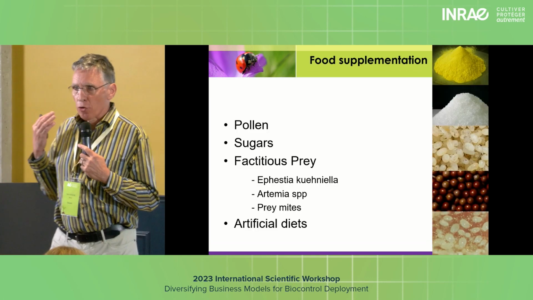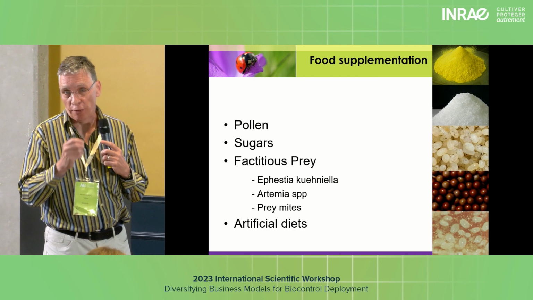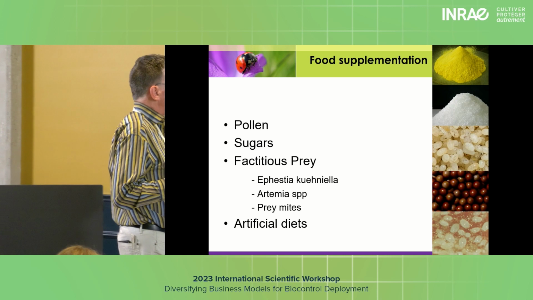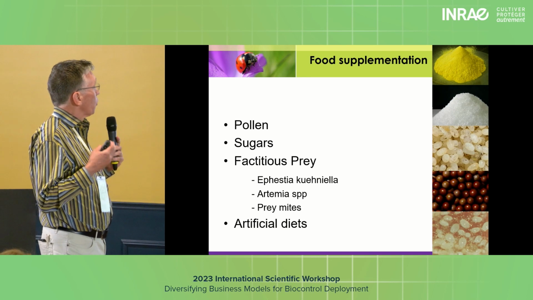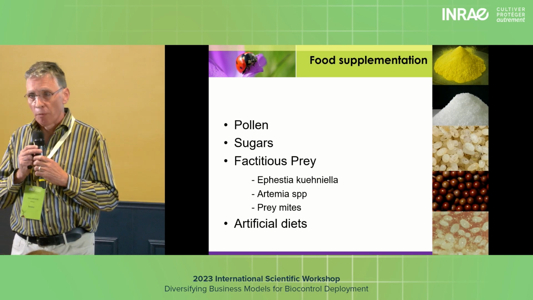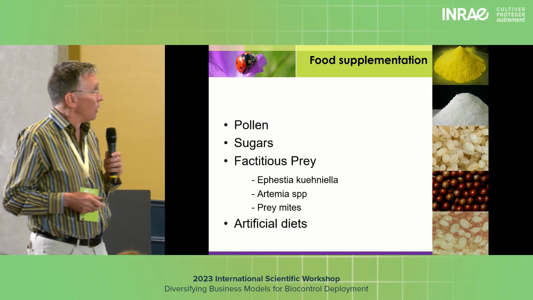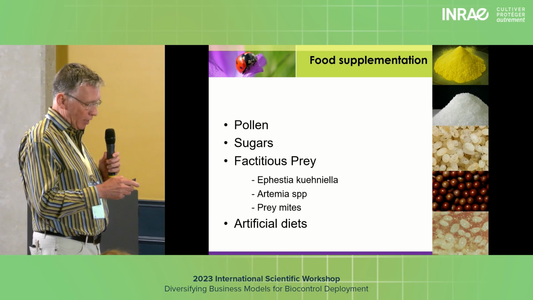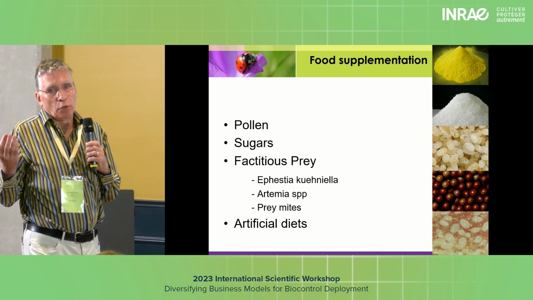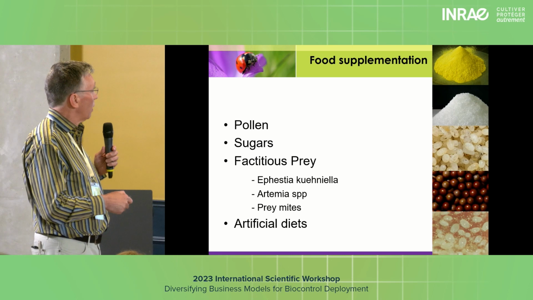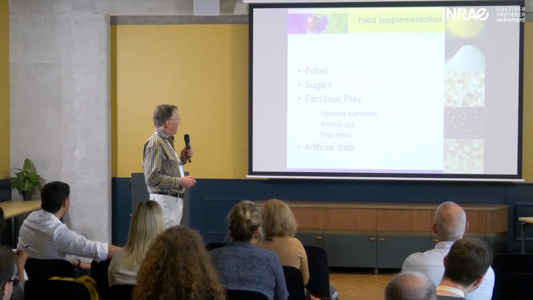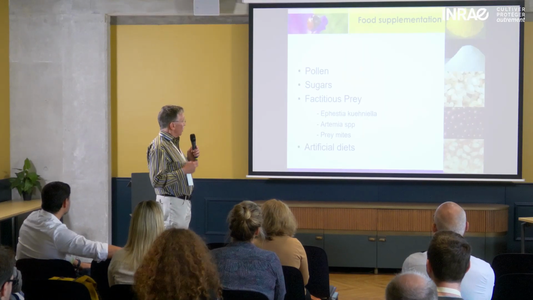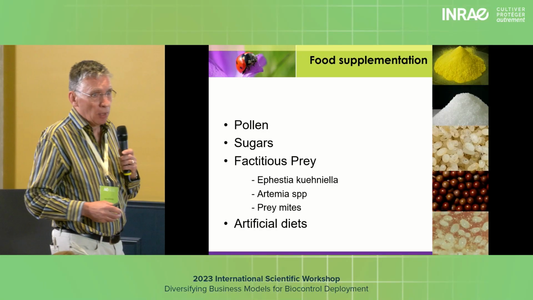Then the other approach that you could take, rather than having these beautiful flower strips, since not all farmers are necessarily able or willing to use these, is there's also the possibility to supplement the food by spraying the food onto the crop. And there you can have different approaches. You can actually provide those food sources that are provided by flowers, meaning pollen up here, that's commercially available. You can provide sugars as a representation of nectar,